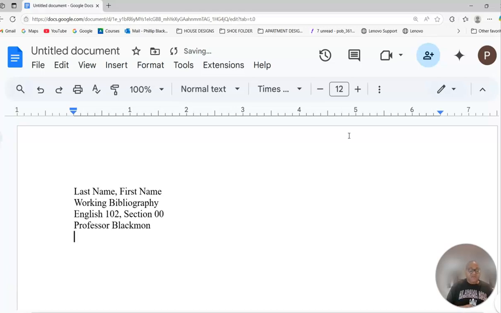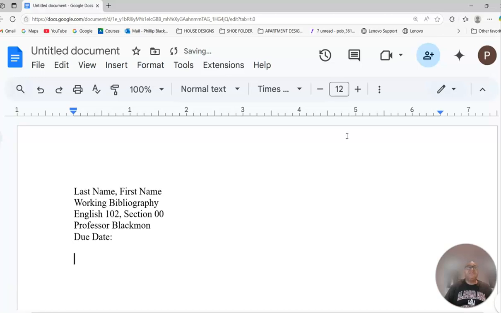And then you're going to put the due date. I'm not going to put an actual date here, but I'm going to put the due date. Whatever date is indicated on Blackboard for this assignment, please put that date. So here I want your heading for your paper for this assignment right now. I want it single space in the top left margin of your paper. So I am going to hit enter twice. This is 1,